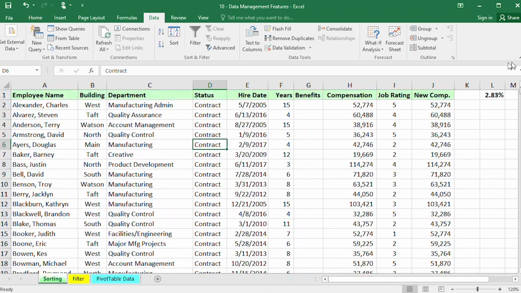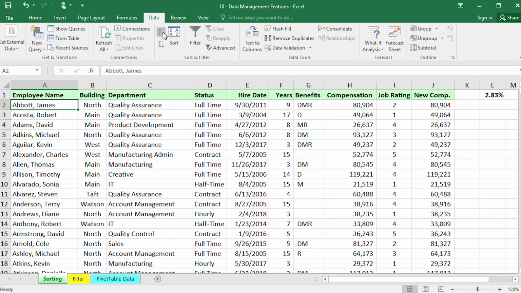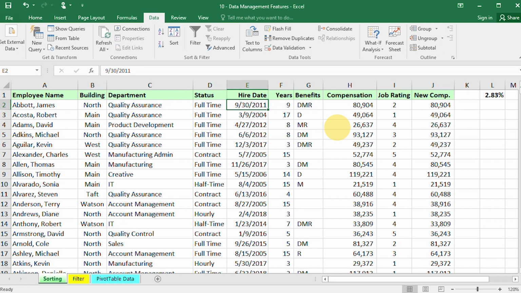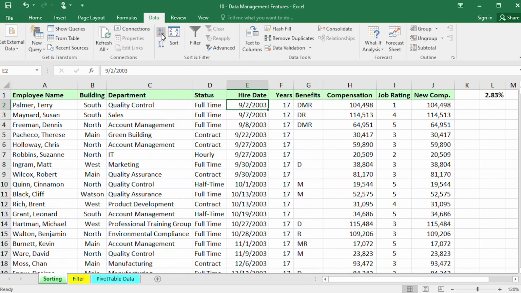So if we look for, it was 9:30. So it was James Abbott 2011. For a second I thought he's supposed to be here and I got confused. But it's supposed to be in 2011. So if we scroll down and back up and we work our way to 9:30 and we see James Abbott and all of the information for that